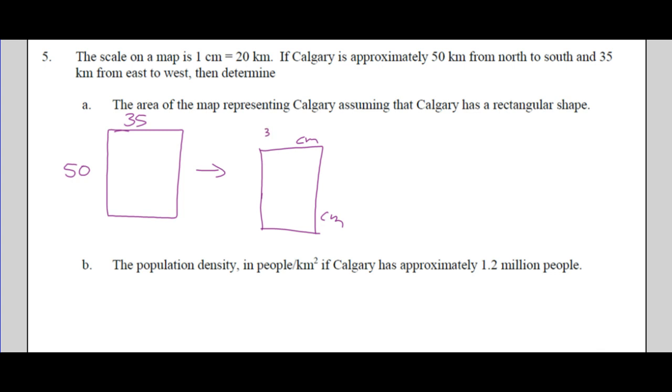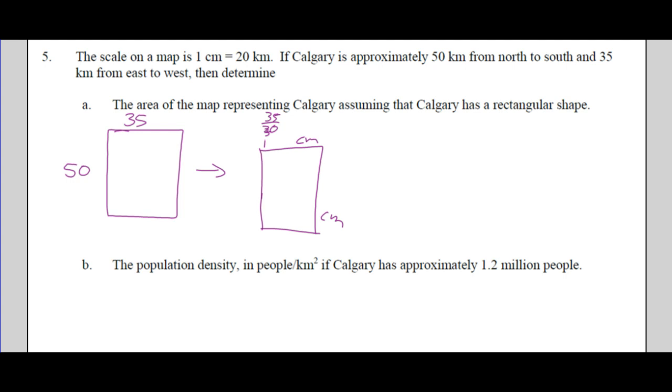Okay, so we want 35 divided by 20, right? Because 1 centimeter on the map would be 20 kilometers, 2 centimeters would be 40, so we know we're between 1 and 2, right? So if we multiply 35 by 20 and get like 700, you're going to go, that seems a little large if 2 centimeters is 40 kilometers. Okay, so 35 divided by 20,